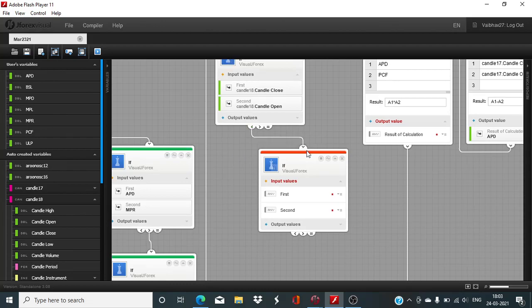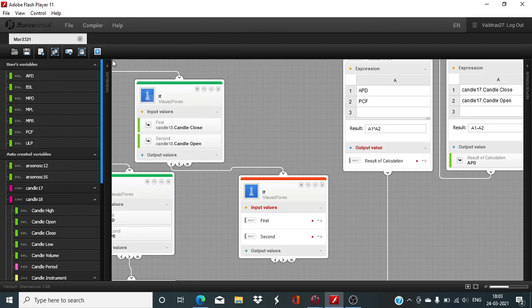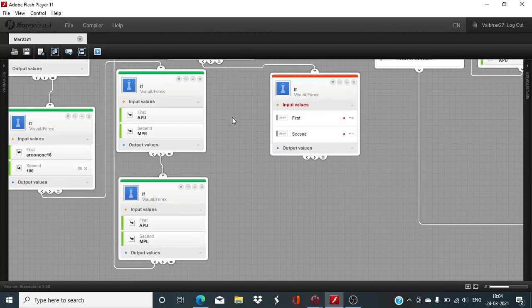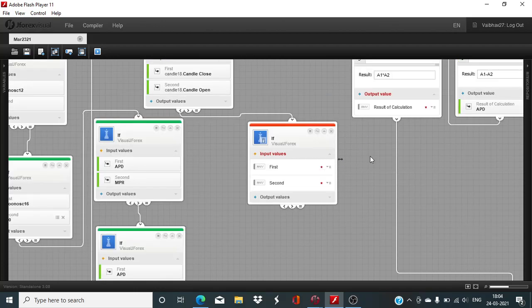First input less than second input. So all these five conditions have now been defined, and